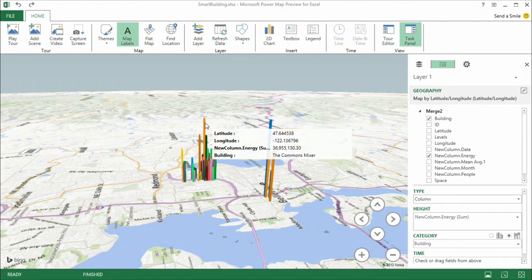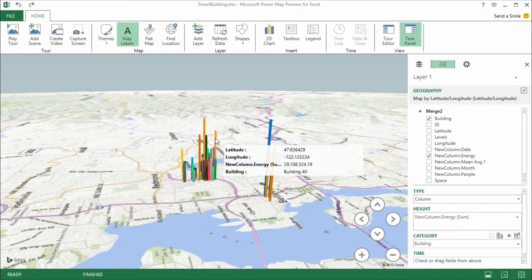Now that actually makes sense. The Commons mixer is this large mall in the center of Microsoft where everybody goes and has lunch, and it has essentially a ton of different kitchens, and they're all cooking, and all the Microsoft employees go there. So I can see why there'd be a lot of energy usage in that particular building. There's another one here, Building 40. Building 40 actually has a lot of servers in it,